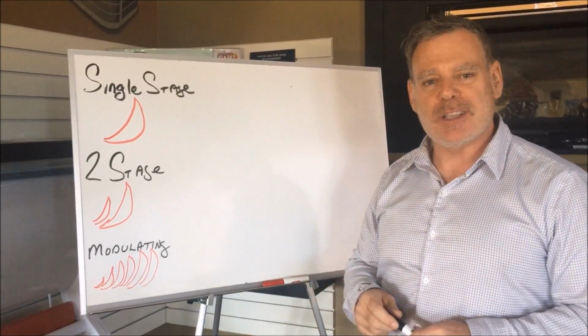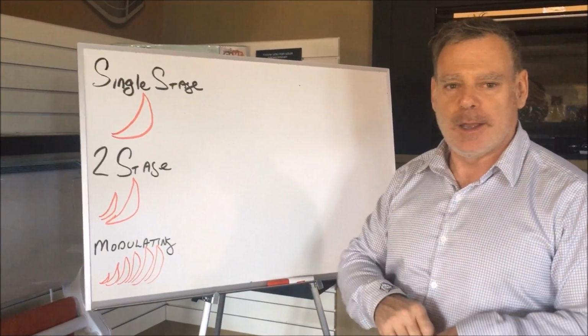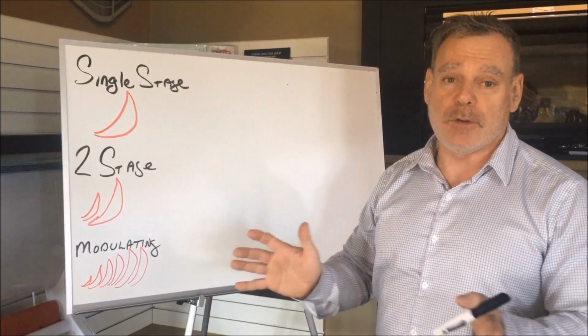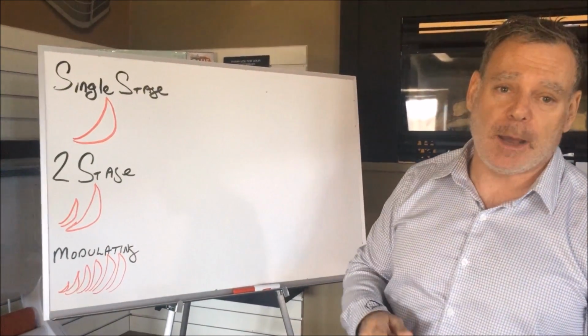And a single stage furnace is really the way we're used to heating our houses back from the time we threw wood on the fire. You throw wood on the fire in the fireplace until the house is at the temperature that you want, and then you just plain don't throw any more wood on. You wait for it to cool down, and then you throw some more wood on. A single stage furnace was common up until about the